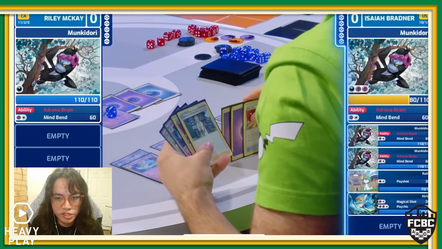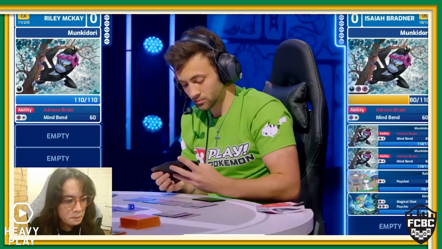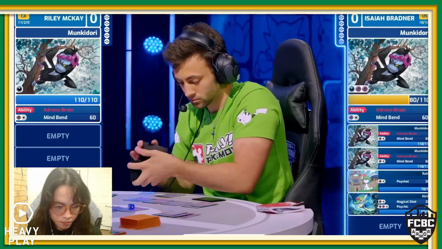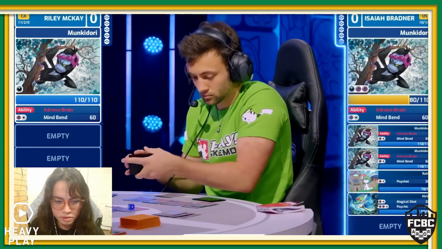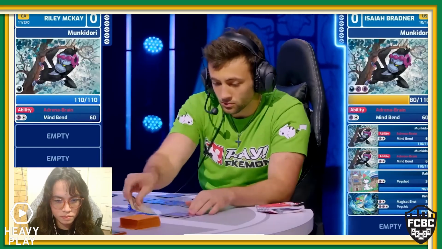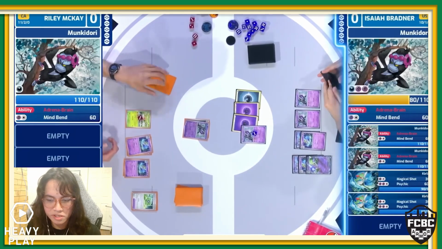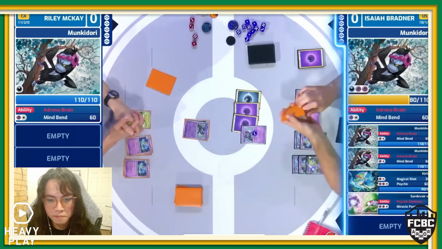Isaiah gets a Research off. Ooh, Ultra Ball, 2 Psychic away, that's super nice. Assuming it's going to be a Gardevoir here. Oh no, I guess for a Curlia. Oh, he had a Gardevoir already. Or a Curlia in hand. I couldn't tell which one he grabbed off Ultra Ball, but